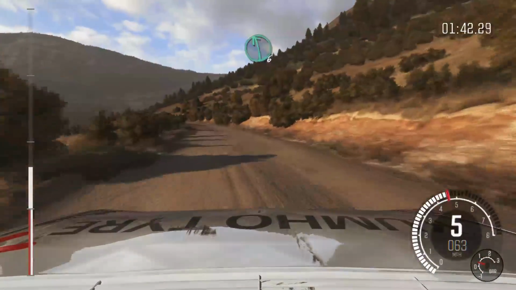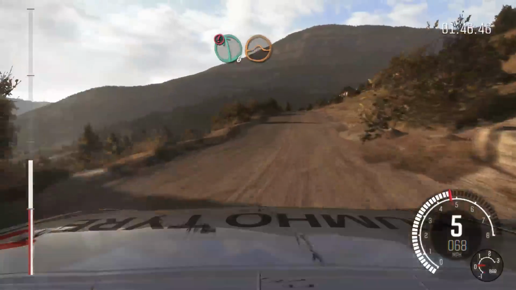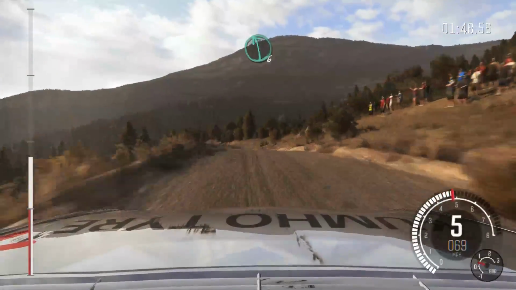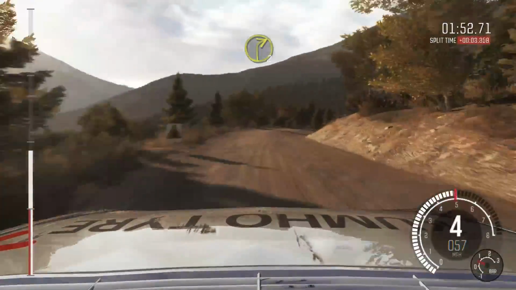Left 6 continues over jump. Caution, left 6 jump, keep mid. Left 6 into right 5, don't cut, 60. Turn right